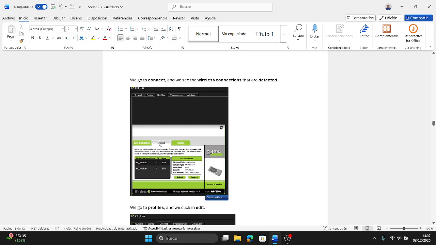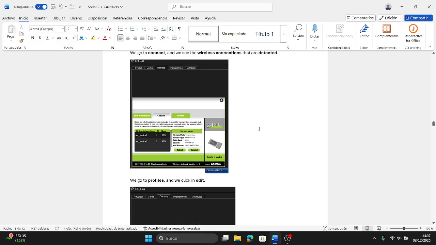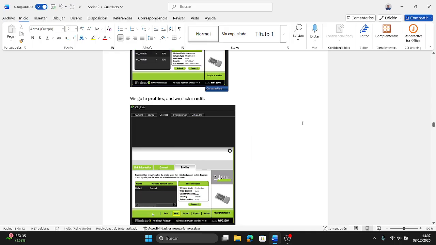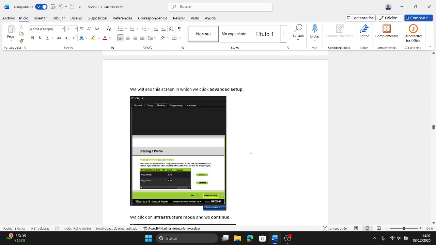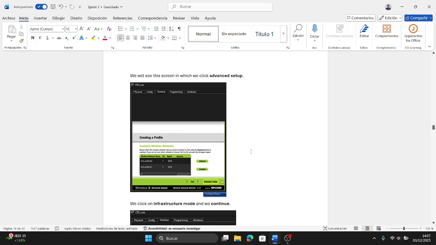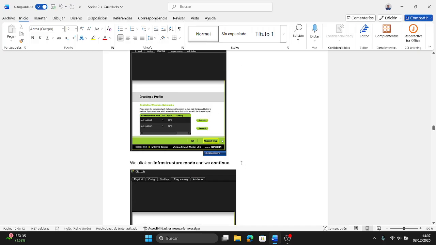We go to connect, and we see the wireless connections that are detected and the signal. We go to profiles, and we click on edit. We are going to see this screen, and we click on advanced setup.